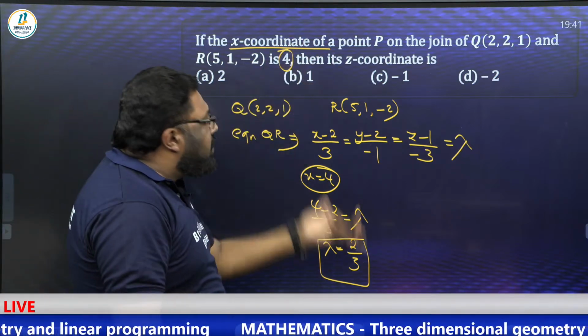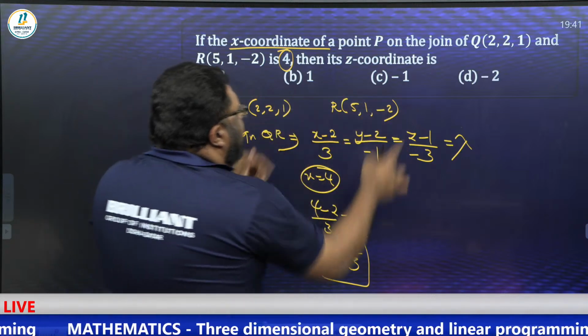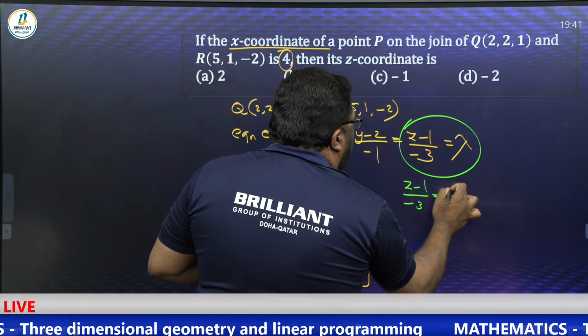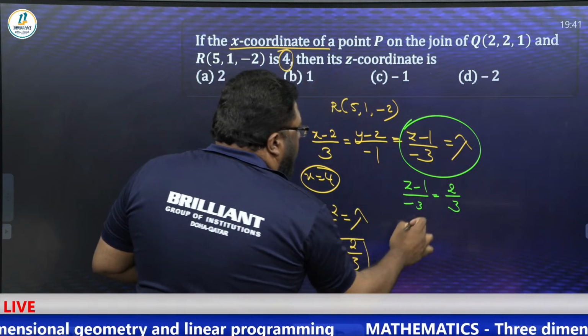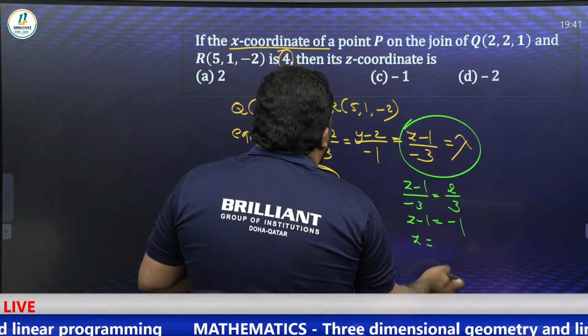From substituting the x coordinate, then what? Simple logic. I want the z coordinate. Go behind this. So z minus 1 by minus 3 equal to lambda, 2 by 3. So z minus 1 is equal to minus 1. So z is equal to